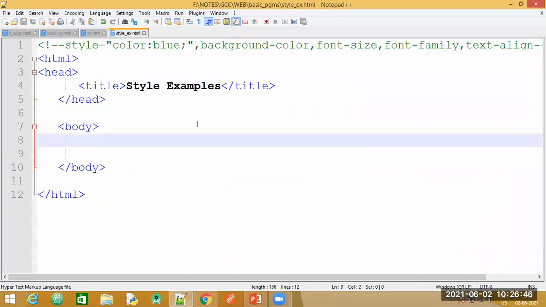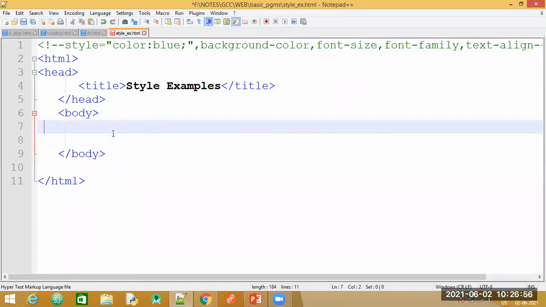Then let us go to the next property, that is about styles. Now what is this style property? This is also another inline property. Inline in the sense which is applied only to that particular tag or only to that element or only to one text line to which you specified. It will not be again applied to the entire document.